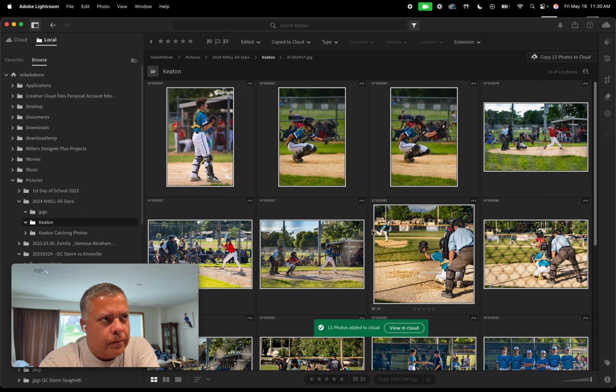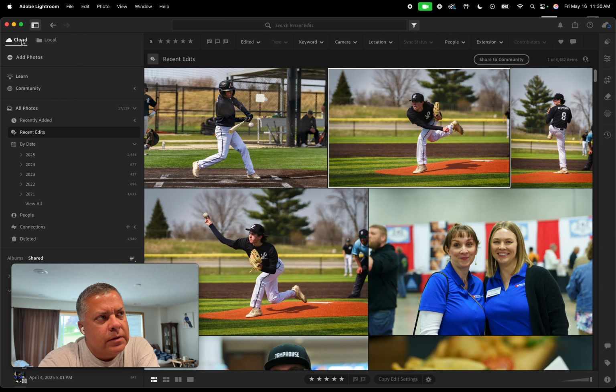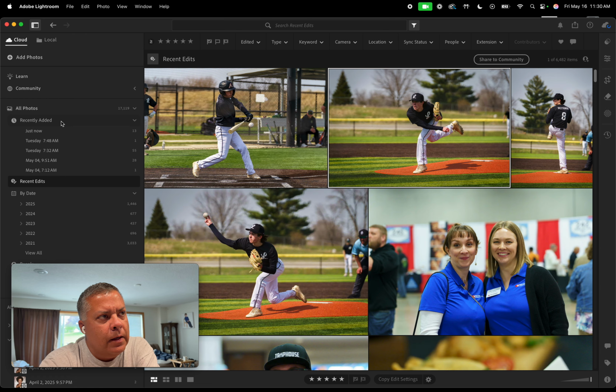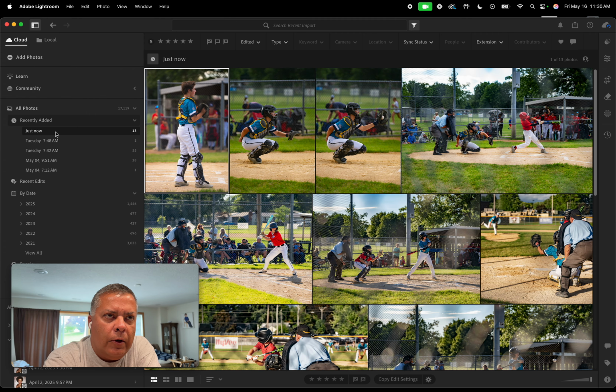Click OK. And then if I go back over and make the selection in the upper left-hand corner here that says cloud, I should see recently added just now. And lo and behold, there are my 13 photos that I just transferred over, or uploaded to the cloud, if you will. And literally now, every edit I make,